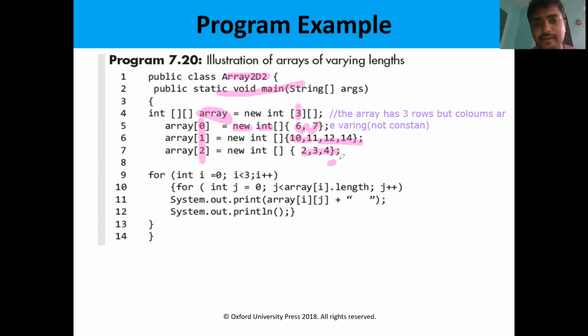So likewise we can give variations in the length of an array. Array length can be varied in Java. There should not be a condition that all the array lengths are constant. We can vary the array length. So this is the example. Then he is simply printing the output.